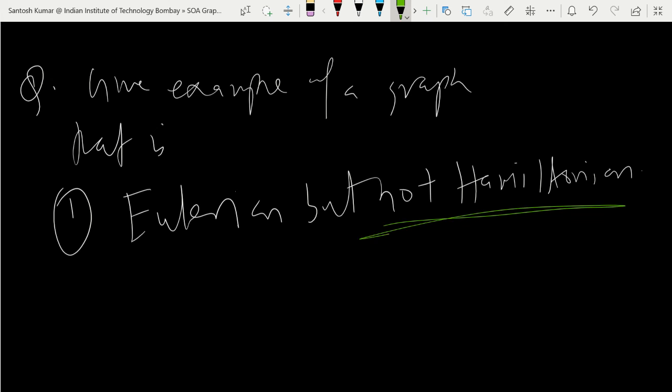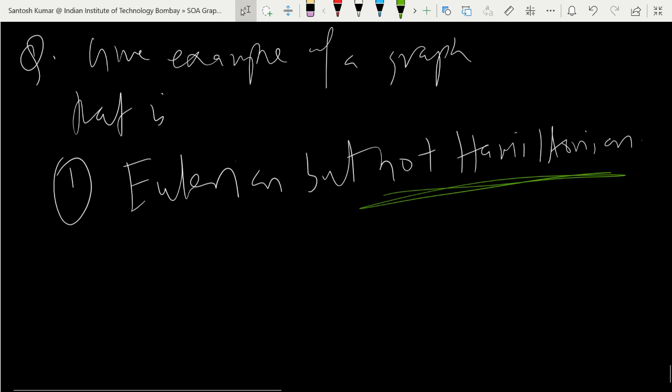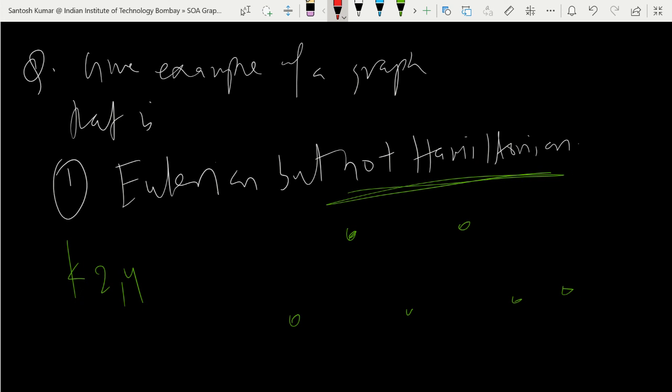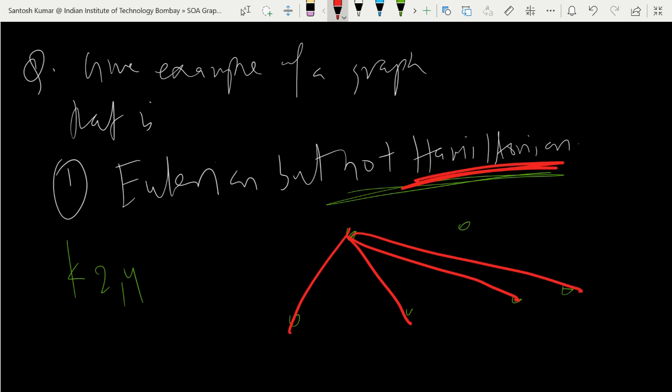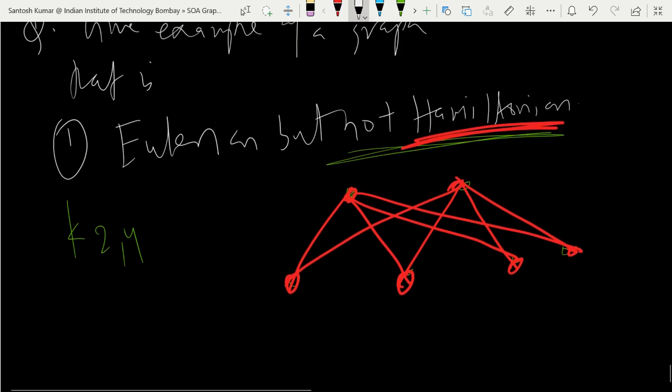Yeah, so you might think first of not Hamiltonian, then Eulerian. So you have one result, like if you take K2,4, what will happen? 1, 2, 3, 4. See, so K2,4 is not going to be Hamiltonian because K n,n is only Hamiltonian. So again, this is not Hamiltonian. So either you can prove that there is no cycle, or the other way we have a result.